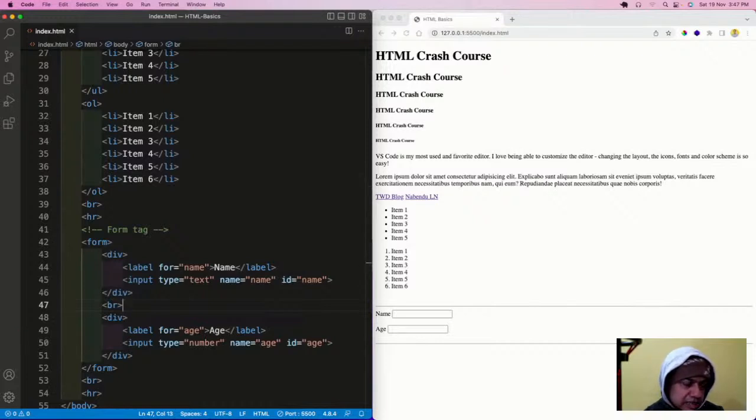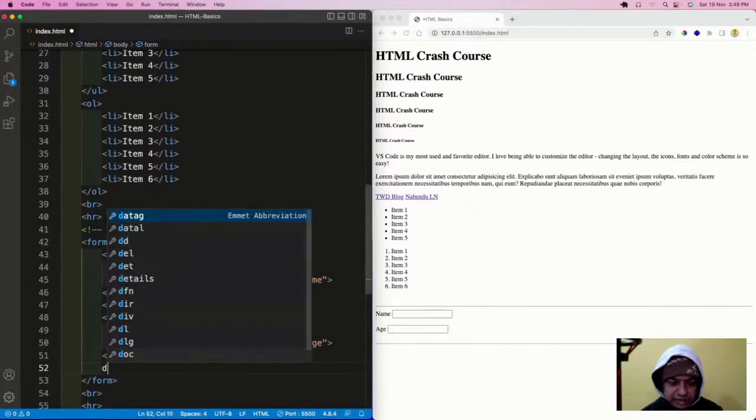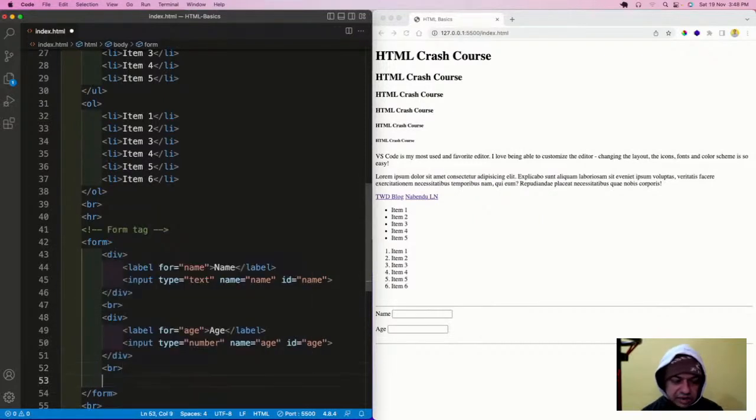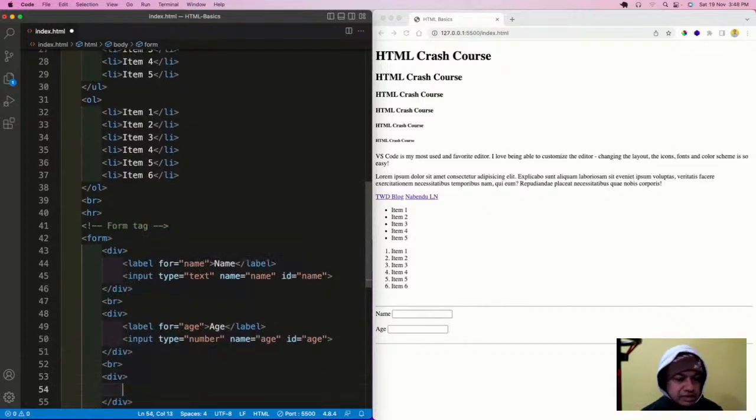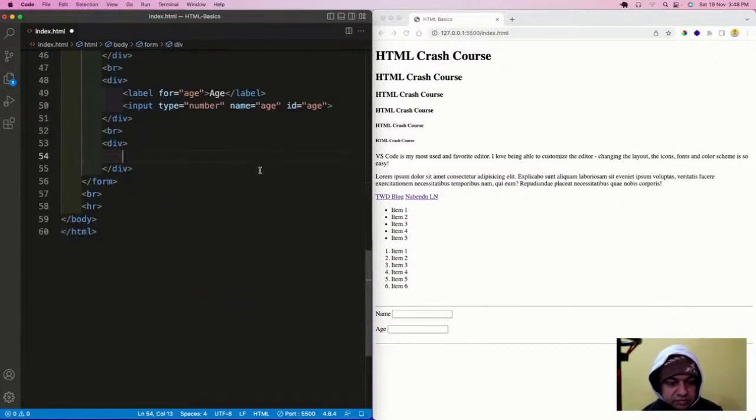The next things we are going to learn are a text area and a drop down. Again I will do the same thing, BR and the div, and the label will be there, for message.